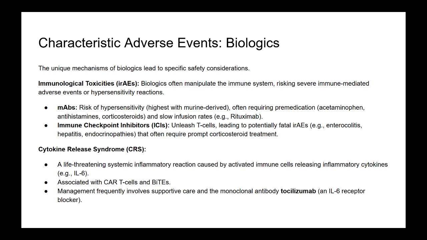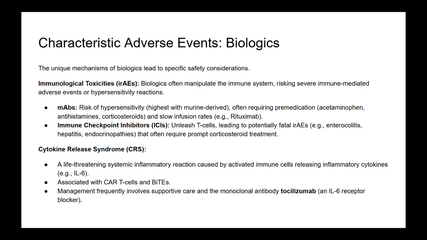For immune checkpoint inhibitors, ICIs, the major concern is IRAEs, which stands for immune-related adverse events. Related to that, releasing the brakes mechanism. Exactly. These are inflammatory side effects that occur because the newly unleashed T cells, while attacking the tumor, can also mistakenly attack normal, healthy tissues. This can manifest as potentially severe, sometimes fatal, inflammation in almost any organ system. Common examples include enterocolitis, inflammation of the gut, hepatitis, liver, pneumonitis, lungs, or endocrinopathies affecting hormone-producing glands like the thyroid or pituitary.